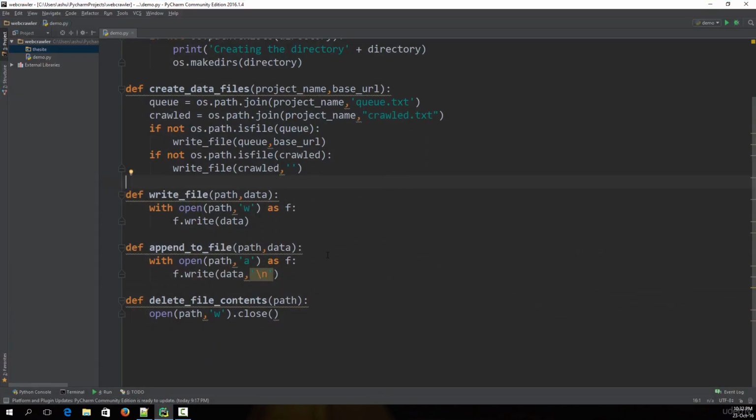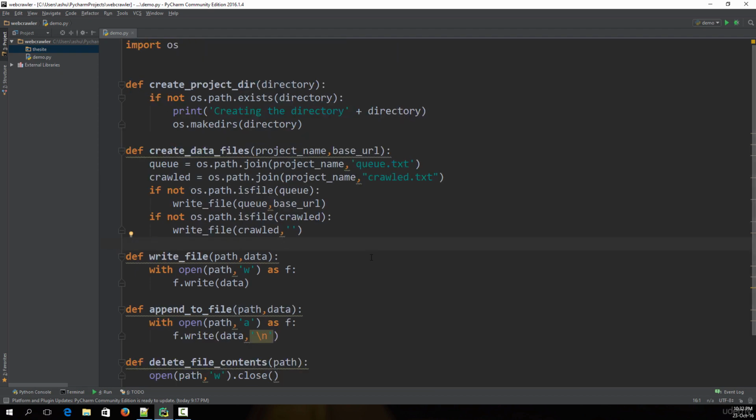Hello and welcome to this lecture. In this lecture I want to discuss a very important concept about creating this web crawler. What we are essentially doing in this web crawler is saving all the links in these two files, and the reason why we have two files is that we want to avoid duplicates. To avoid duplicates, we compare the new link with the links in the crawl.txt, and if that link is not present,